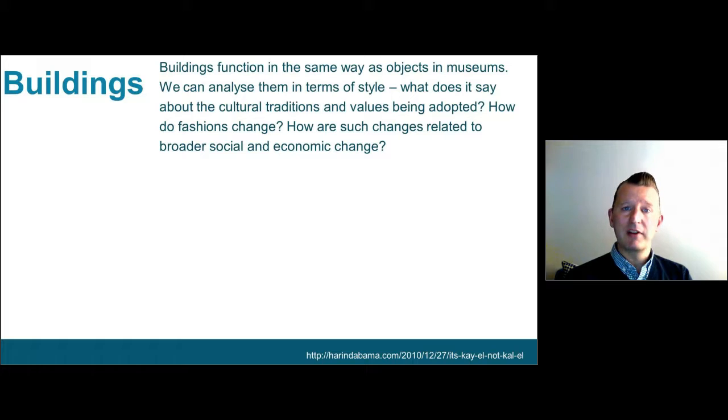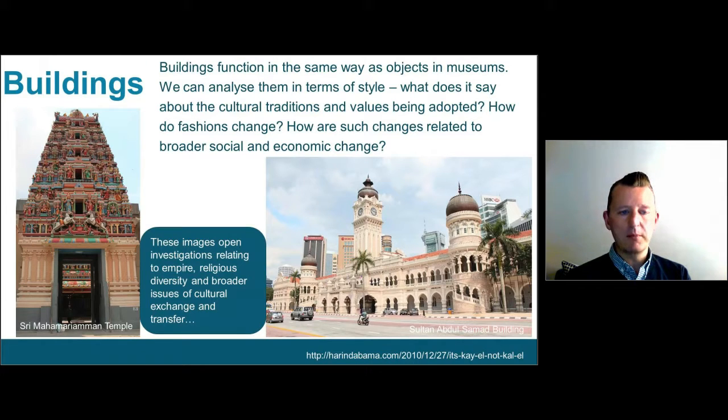What does it tell us about how fashions change, and then how are these changes related to broader social and economic change? Here's an example of two pictures I found on a website about trips to Malaysia. A Hindu temple on the one hand and a huge government building on the other hand. One built to reflect a South Indian religious tradition, the one on the right built at the height of empire